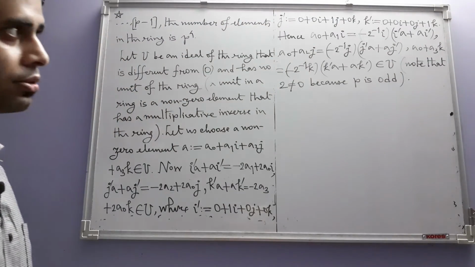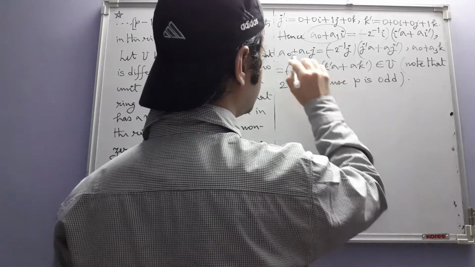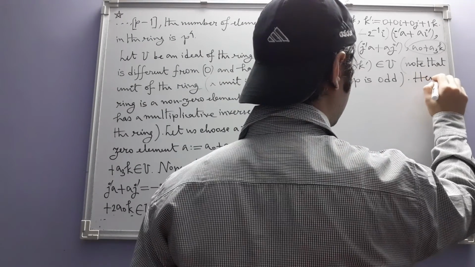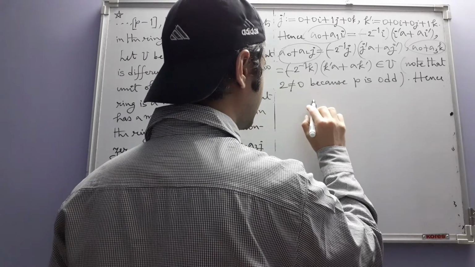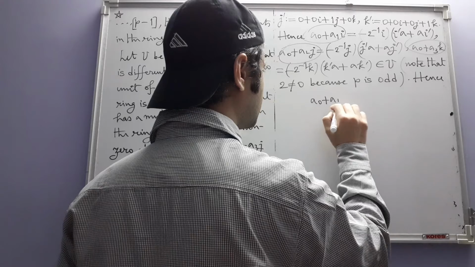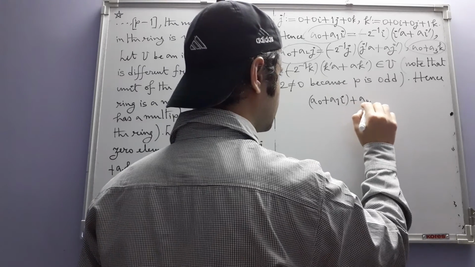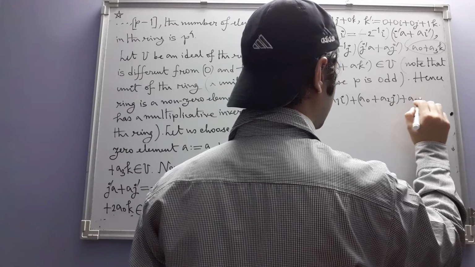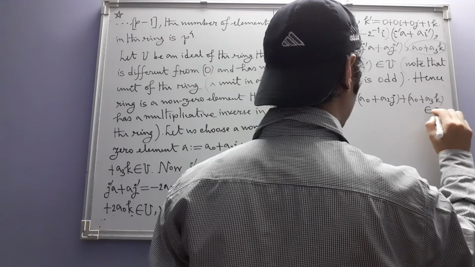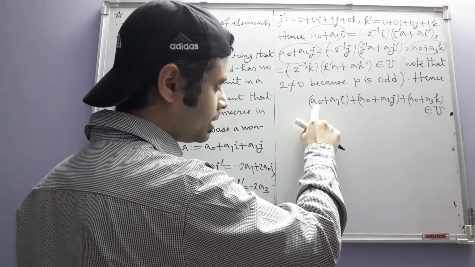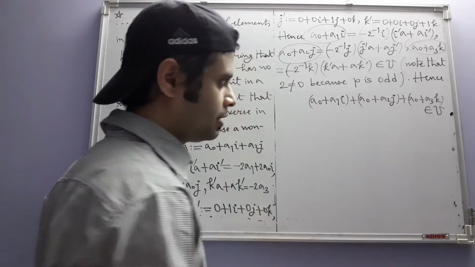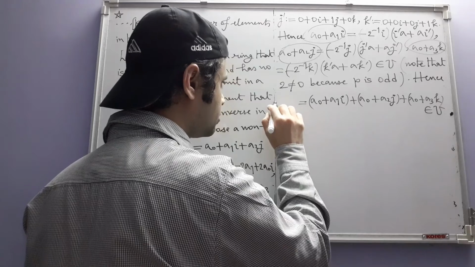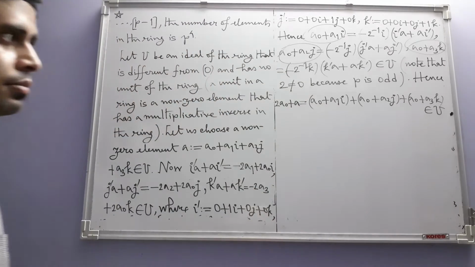So now these elements belong to U. This one, and this one. So their sum will also belong to U. Hence, okay, let me write here a naught plus a1 i plus a naught plus a2 j plus a naught plus a3 k. This belongs to U. But what is this? If you take these elements together, a naught, a1 i, a2 j, a3 k, you get the original element a plus 2 extra a naughts. That means this is 2 a naught plus a. This belongs to U,